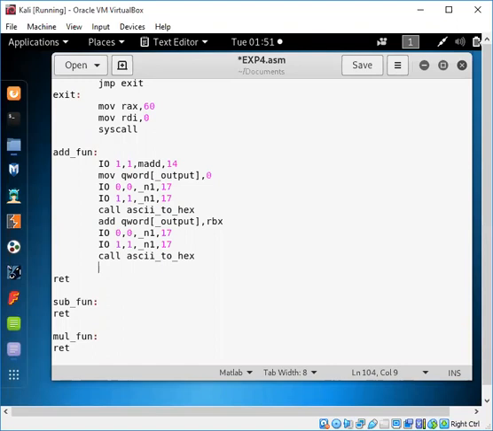After this we need to do the add for the first number and then for the second.